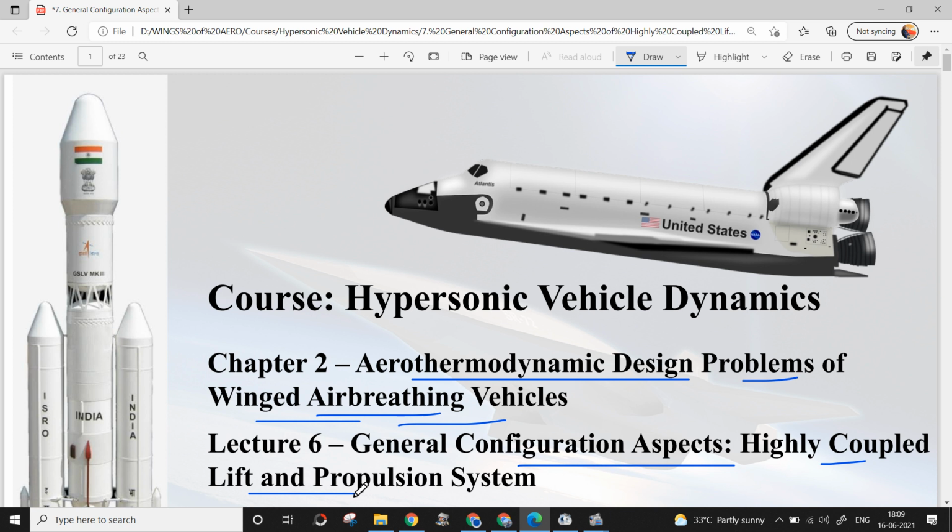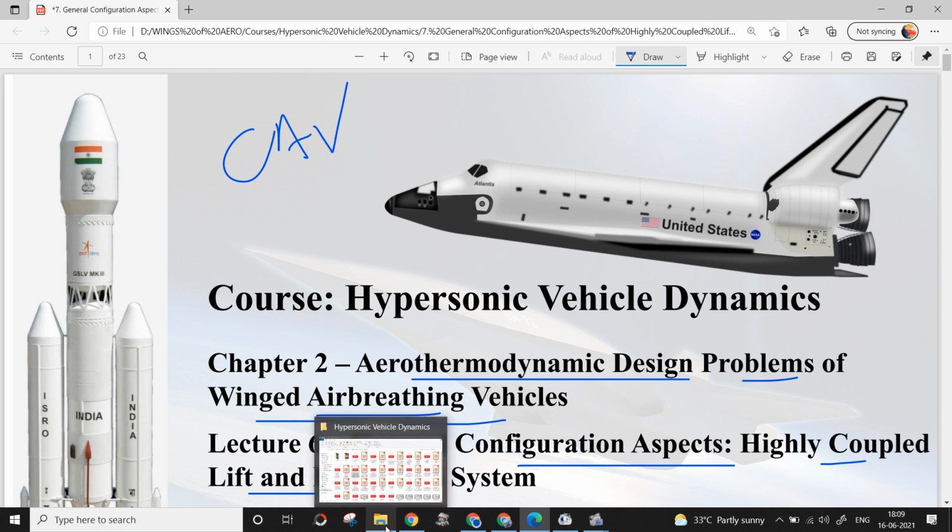So when we speak about air breathing, the term air breathing indicates that it is going to fly in the atmospheric condition. Okay. So mostly in Earth atmospheric condition, because in re-entry vehicle it is going into the outer space and then it is going to enter into any planetary mission, or it is going to re-enter into Earth atmosphere, right? So here CAV is focused only under the Earth atmosphere. Okay, so please be clear with that.